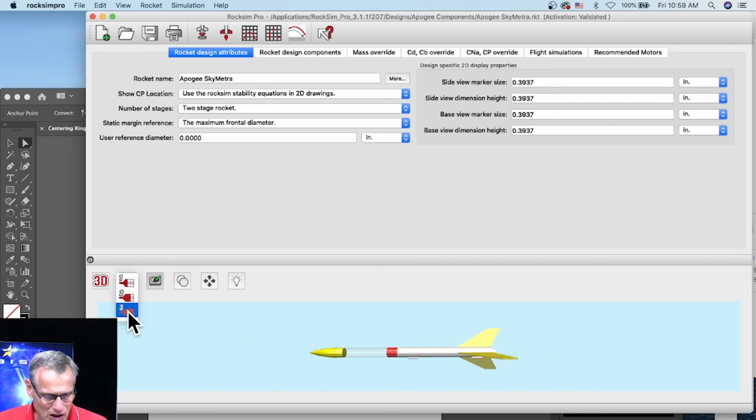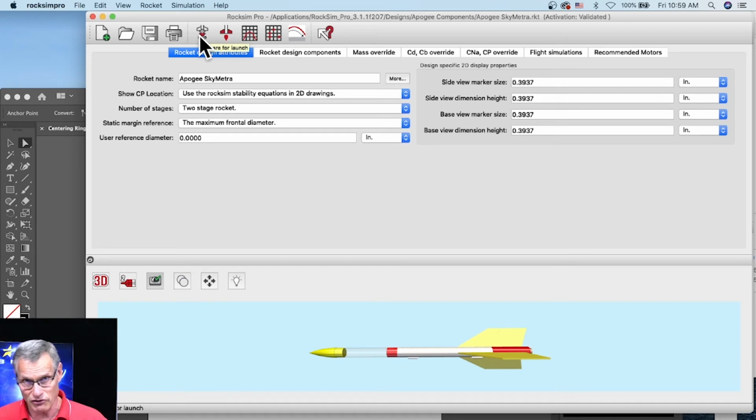Okay. So the big difference is when you're running simulations. All the design stuff, everything that we've talked about today, which has all been about designing rockets, is identical in RockSim Pro. The difference is in the simulations. So if we go to load an engine,